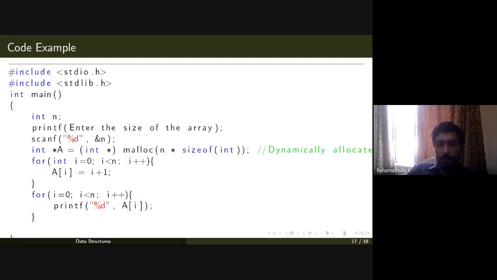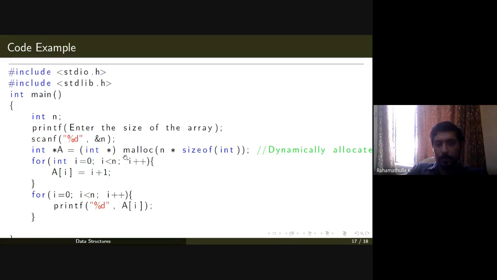So a simple example, let's say you have an integer n and you would like to create an array of size n dynamically. Then you cannot write it like int a[n]. That will give you a compilation error, because at compile time you should know the size of the array if you would like to allocate memory in the stack area, or the static sort of allocation. If you would like to allocate memory dynamically, then you will have to do it by using malloc or this sort of statements.